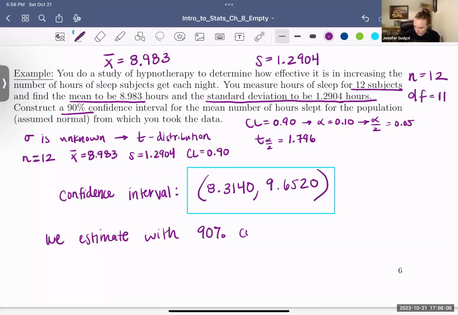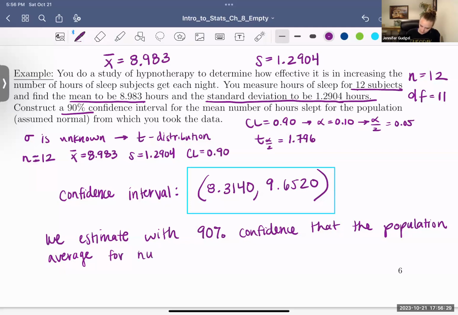We estimate with 90% confidence that the population average or mean for number of hours subjects sleep each night